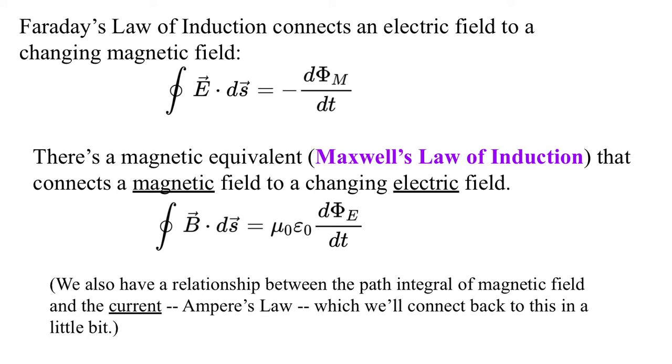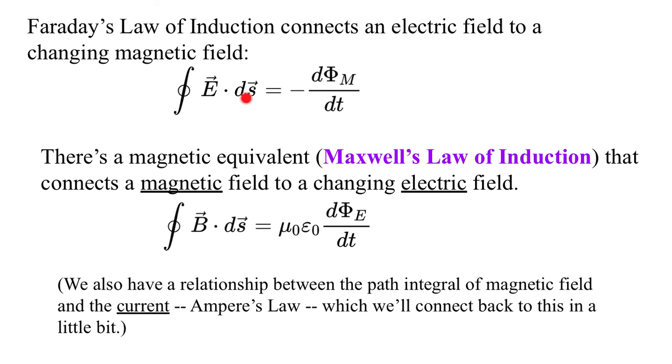All right, Faraday's law of induction connects an electric field to a changing magnetic field. That is the integral of E around some path, right? So again, we say, let's take some path that we're going to pick. That's our path with little step ds at any given point, and the change of flux piercing that surface we've just made, the rate of change of that tells us how much electric field there is as we